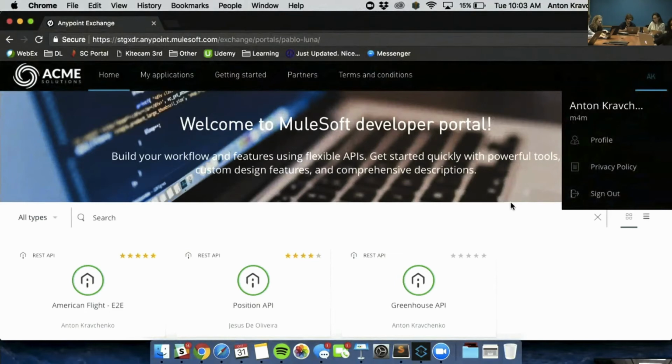We talked through how to start with an API design, go into the implementation of that stack, publish both the API stack and the implementation to Exchange. We've talked about how to deploy those implementations to runtime. We've talked about how to deploy a proxy on top of that implementation into a specific environment, how to promote an API from one environment